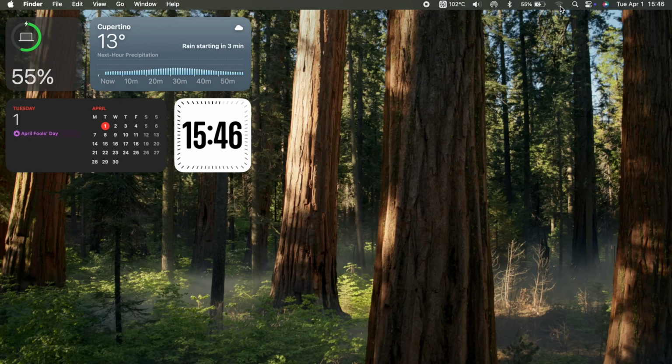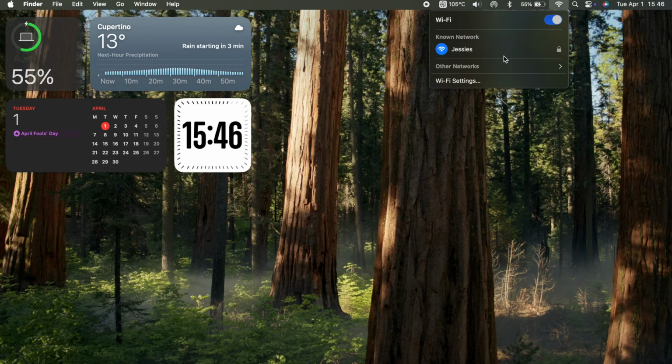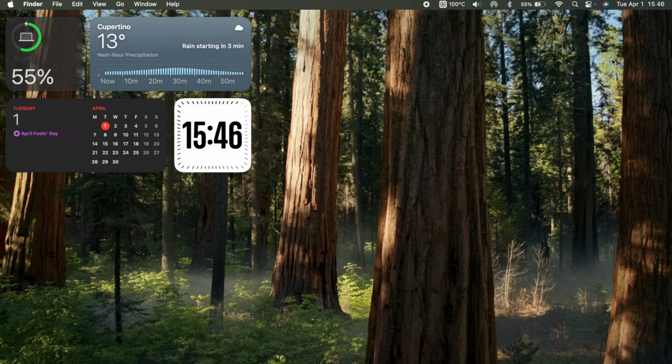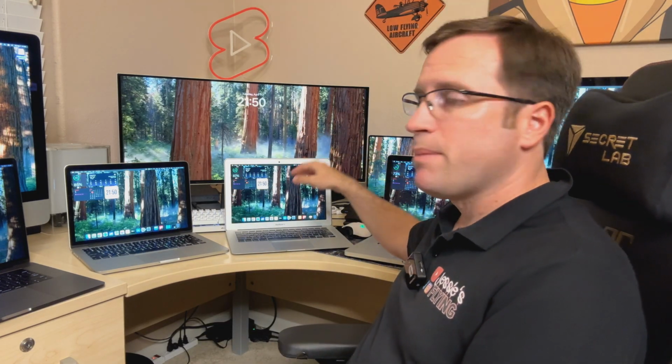But it is connected. If you click on it, you can see it is connected, and if you now click anywhere else and that window disappears, you can see the Wi-Fi symbol gets white, gets bright, and shows that it is connected. That is just a very minor graphical glitch, and the same glitch happens to the MacBook Air